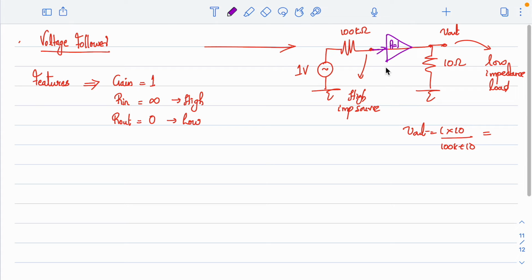So far we discussed only two circuits, one is inverting and another one is non-inverting. Which circuit is preferred if I want to have a voltage follower with an op amp? Non-inverting is preferred. Inverting we cannot use because what I need is a very, very high input impedance, and for inverting there is a limitation in input impedance. So this is what we exactly needed.